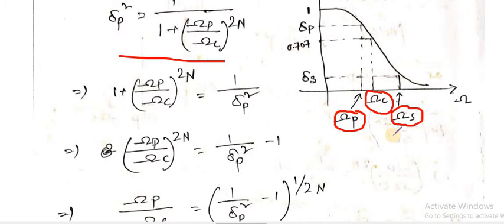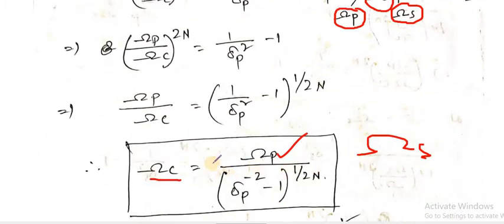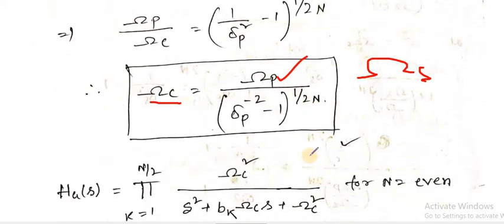Now if anybody wants to concentrate on the stop band, as in this design the stop band is 6 kHz, above 6 kHz it stops all the frequencies, and in between is the transition band. So if in any design the stop band is important to me, then we will derive the cutoff frequency formula using the stop band frequency. It depends on the designer. In most cases the passband is very important, so in most books you will find the cutoff frequency formula using the passband frequency. So these are two standard formulas you have to remember.